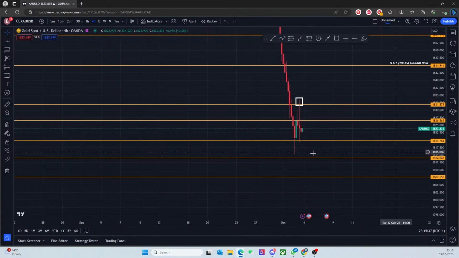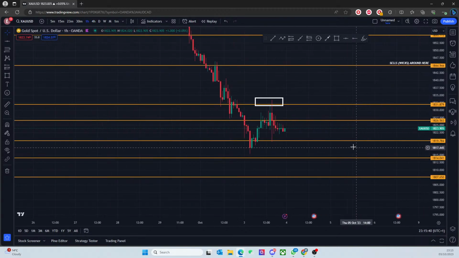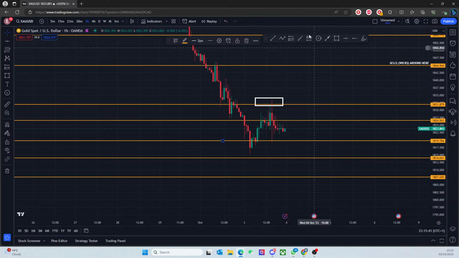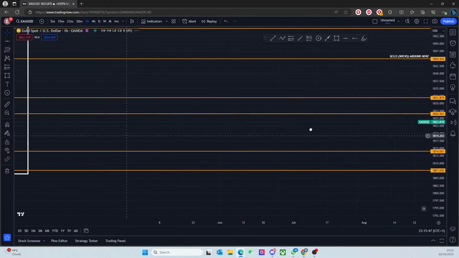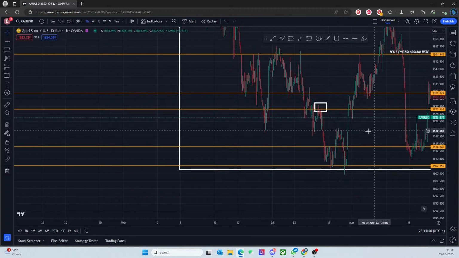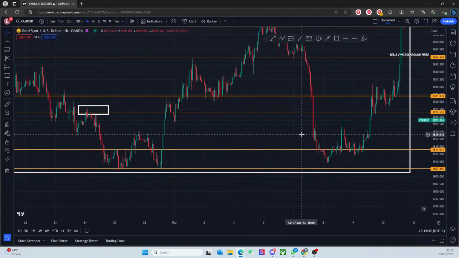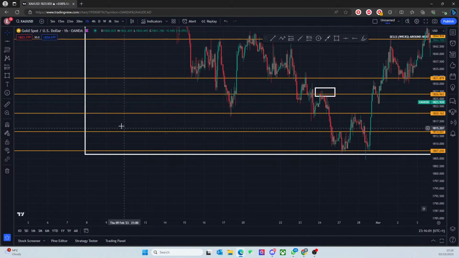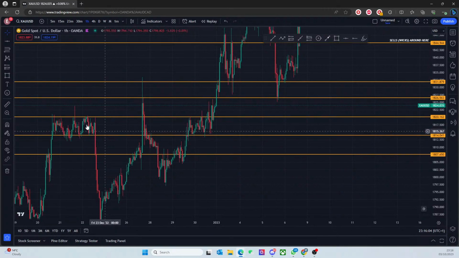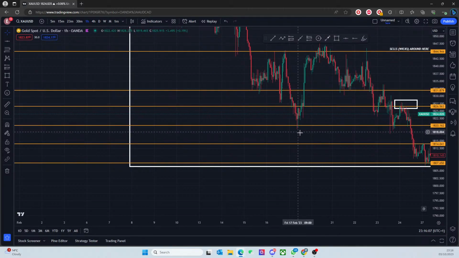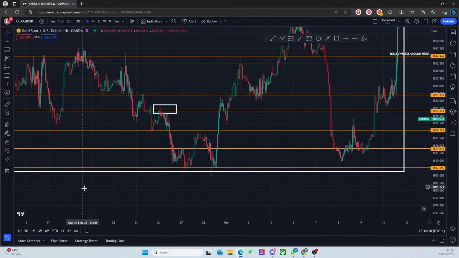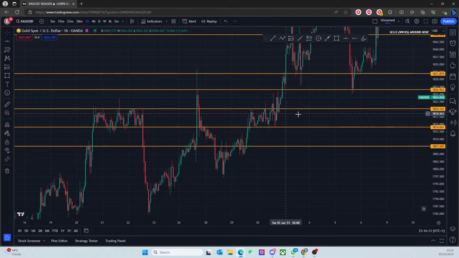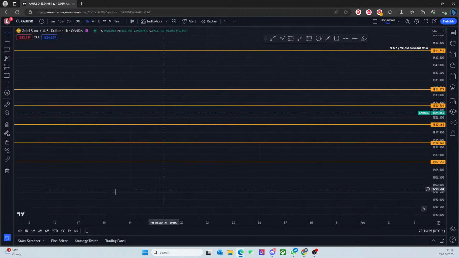So we're understanding we're in 1819. I'm gonna say this is less of a level on the 1 hour, so I'm going to remove it for now. And I'm going to look at what price did around these sorts of areas. Yeah, it's not too bad. Okay, so again, why am I marking up this level, right? Like I just marked it based off of this, right? I marked it up based off of these, but it makes sense towards here, right? I literally marked it off and it makes sense completely towards these sorts of areas as well, right? Why? Because it's just the top of your 1 hour range.